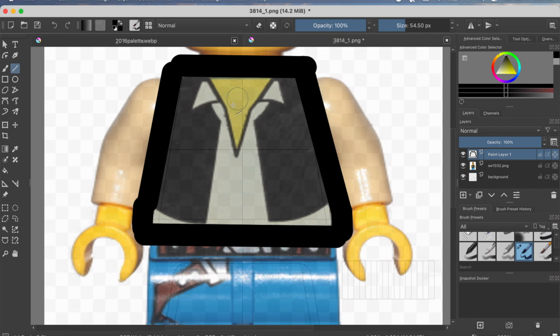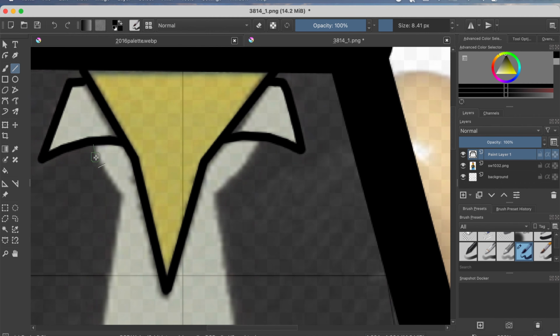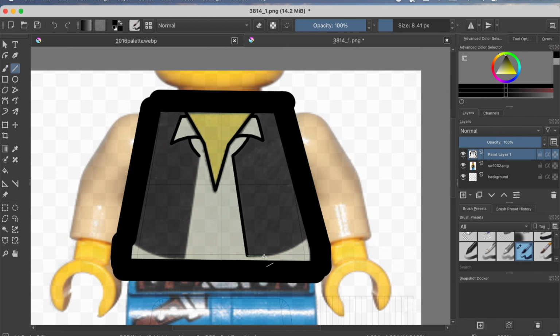Alright, so there's a rough outline, and then I'm going to draw the details. Alright, so now that I have the basic details, I'm just going to go ahead and create another layer,